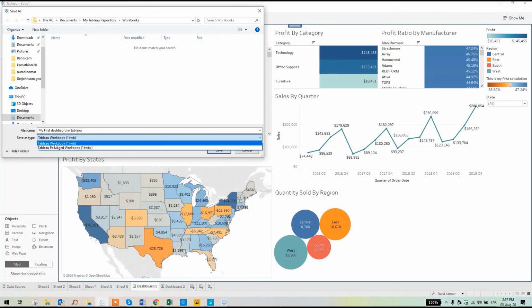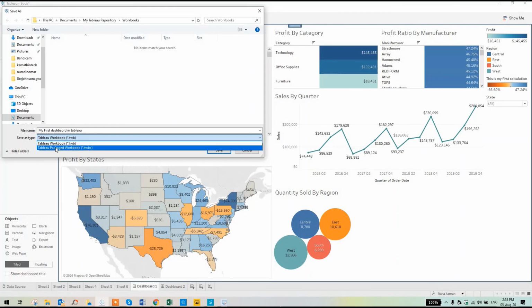In the Tableau workbook, only the data connections are there, but the data is not imported into the file. So once you open the TWB file, it will ask you for the location of the data source. So it is not recommended to share this with your professor or anyone, as they would need to have the data source on their computer.